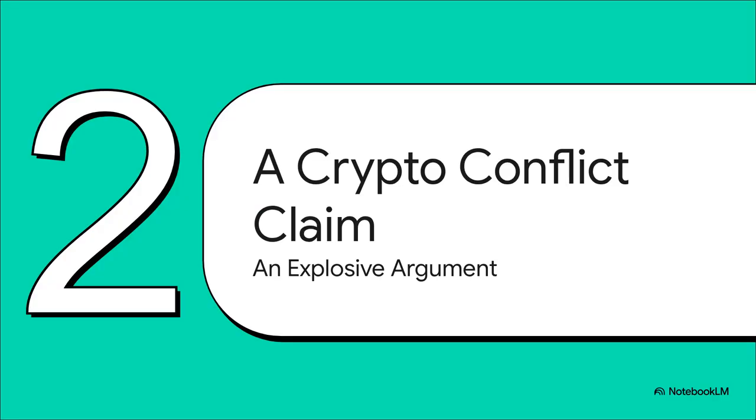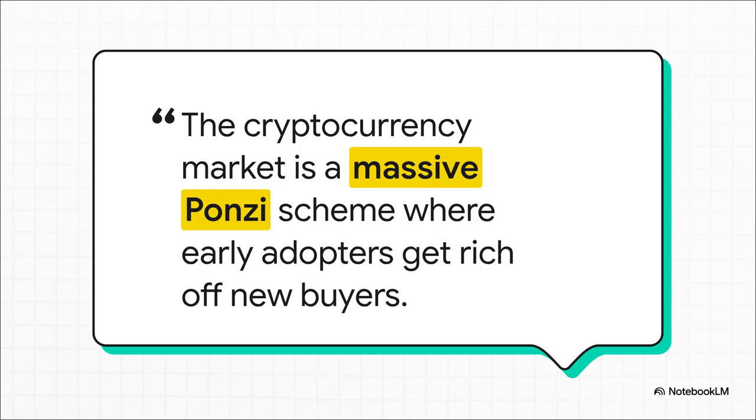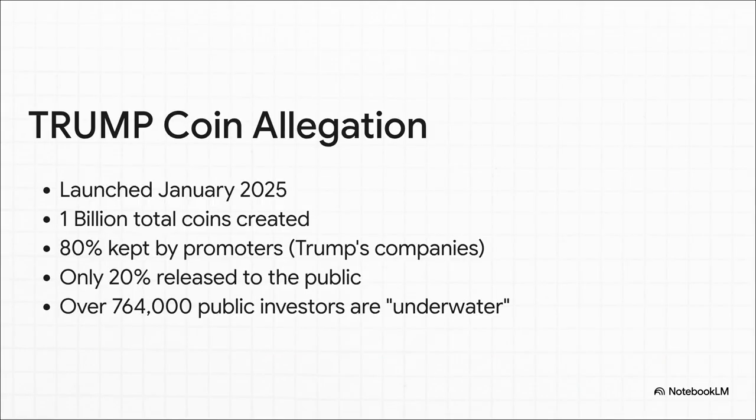But this is where the analysis takes a really sharp, really controversial turn. He argues this economic policy isn't just some abstract theory. No, he says it's directly connected to the world of cryptocurrency and what he alleges is a massive conflict of interest. And he does not mince words here. He describes the entire crypto market as a Ponzi scheme. He argues that cryptocurrencies don't actually produce anything of intrinsic value. Their price, he claims, depends entirely on new buyers coming in, and their money is then used to pay off the early holders. To make his case, he really zooms in on one specific example, the Trump meme coin.